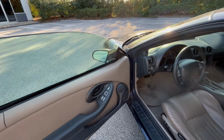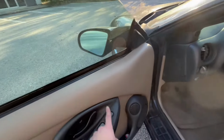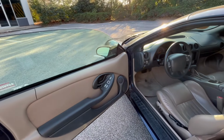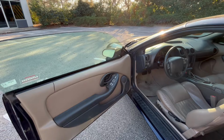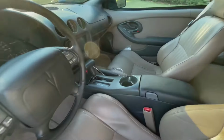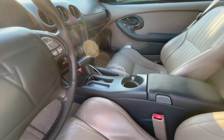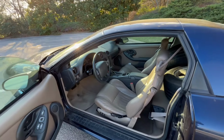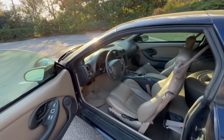But for me, the power locks on my specific car have been fine. Like the fob and all that, it's been good. But I've heard that's a pretty common issue on these F-bodies. Another thing, the handbrake. Me personally, mine is pretty strong, pretty good, but I've heard that's also another issue for these F-bodies. Another thing here, let's go under the hood,